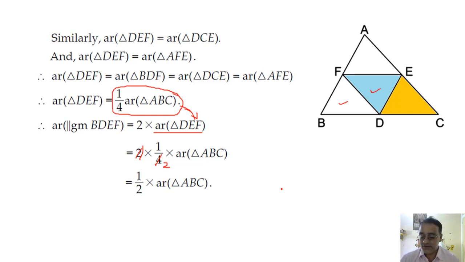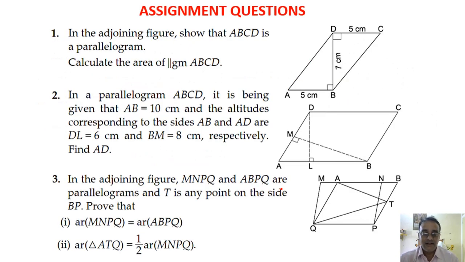So this is the last question of today's session. Already I told you that this is the 3 questions of assignment questions, and the first one and the second one is very related to your class 8th only. Area of parallelogram निकालना है इसमें, and here we need to find the value of AD. 9.2 का जो फर्स्ट क्वेश्चन किए थे बिल्कुल सिमिलर है, और ये भी easy है. That also you can do. After this assignment question you can leave this chapter.